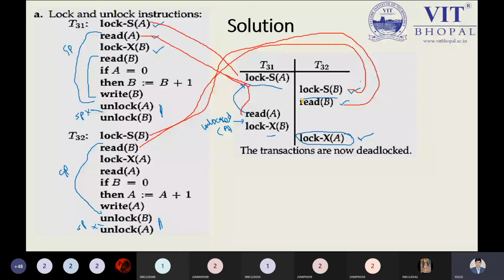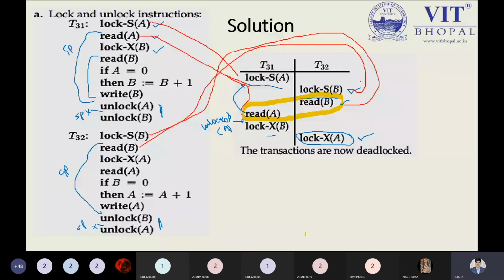If conflict is happening, then what do we have to do? We have to apply swapping, and the meaning should not be changed. So read B and read B is also possible. There is no conflict over here, so we can proceed without any problem. And this is the entire step we have to take. So this transaction is now in deadlock. How can we say deadlock? Because in this transaction we have not determined the unlock.